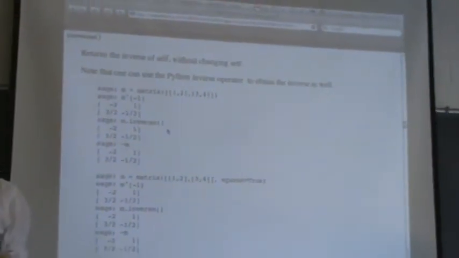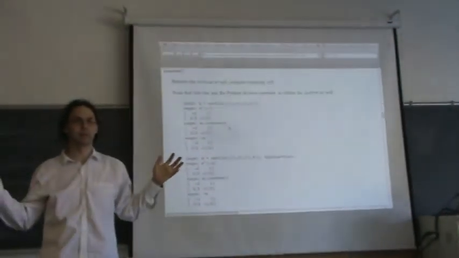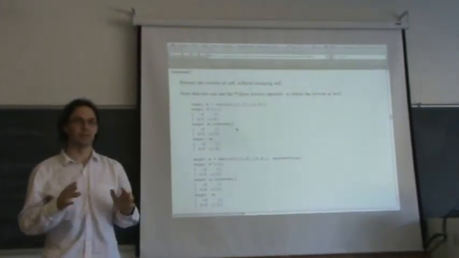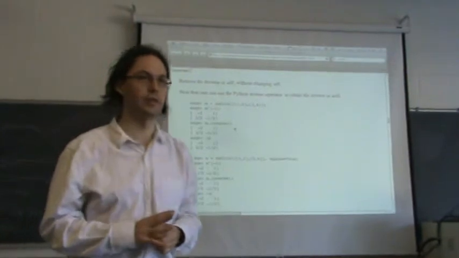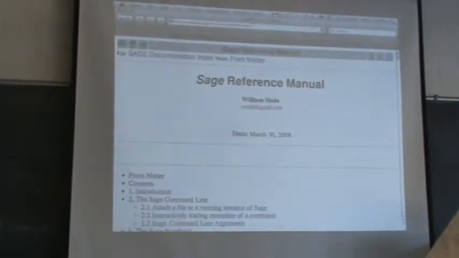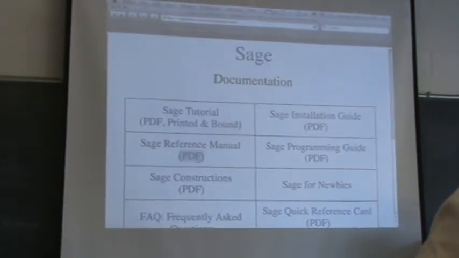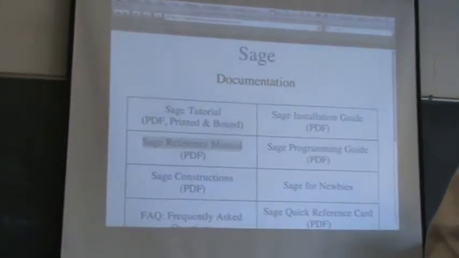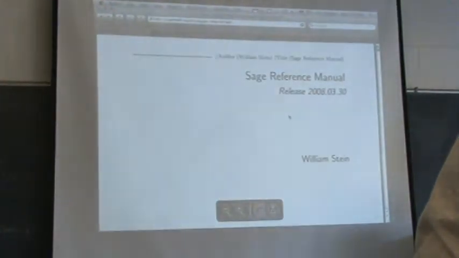So one of the best ways, if you just kind of have no idea where to look, is to look in the reference manual and just look at the back. And you can download the entire reference manual, which is about 3,000 pages, in PDF format right here, or just as an HTML document. Okay, so there's the reference manual.